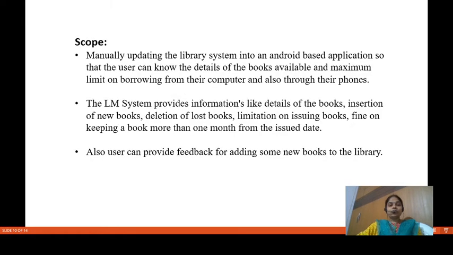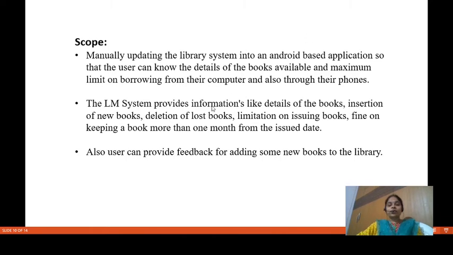And coming to the scope, manually updating the library system into an Android based application so that the user can know the details of the books available and the maximum limit on borrowing from their computer and also through their phones. So by using this library management system, it will become easy for the users to know about the details of the books and other information about the library.